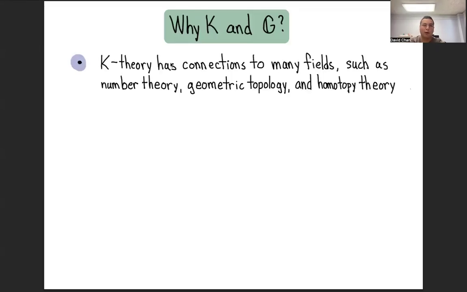So why are we doing K and G, right? A lot of the time people like to talk about K theory because it has tons of connections to different fields in math, right? It has connections to number theory. I mentioned the Kummer-Vandiver conjecture already. There's connections to geometric topology via Wall's finiteness obstruction or the s-cobordism theorem. And there's also tons of applications in homotopy theory. I mean, the definition involves spectra, but also considering the K theory of ring spectra, right? So there's tons of reasons to care and want to compute things about algebraic K theory. But